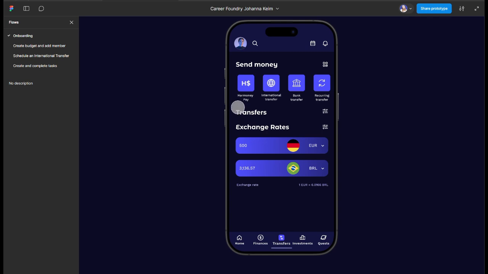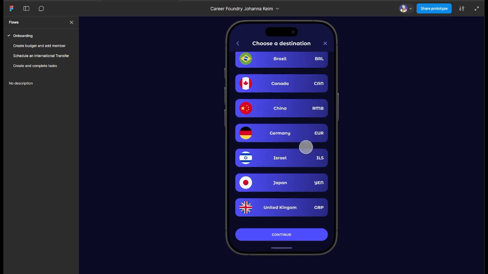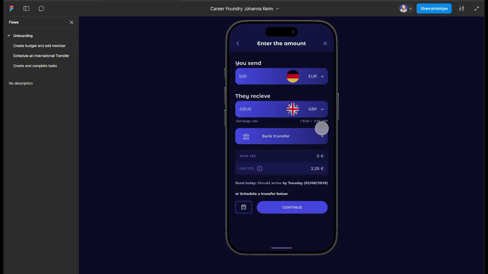If she also has a Harmoney account, we can send it via international transfer, a local bank transfer, or a recurring transfer. But since she's in the UK, we'll click international transfer. And here we have to choose a destination. We can do that by searching for a country in the search bar, clicking the countries in recents, or scrolling through the destinations. Now we want to find the UK, so we scroll down, click the United Kingdom, click Continue, and now we